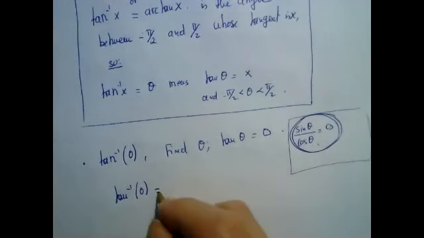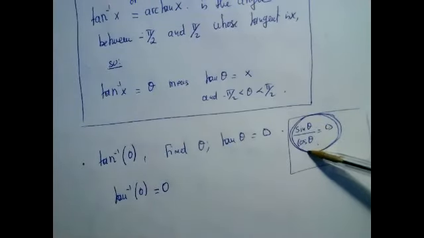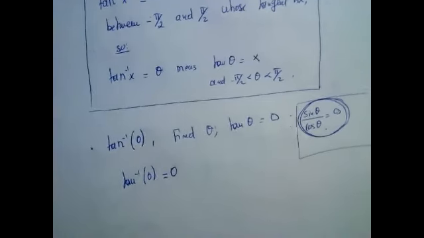0. Because if I plug in 0 for theta, sine 0 over cosine 0, cosine 0 is 1, sine 0 is 0, that's equal to 0. Okay. Now,